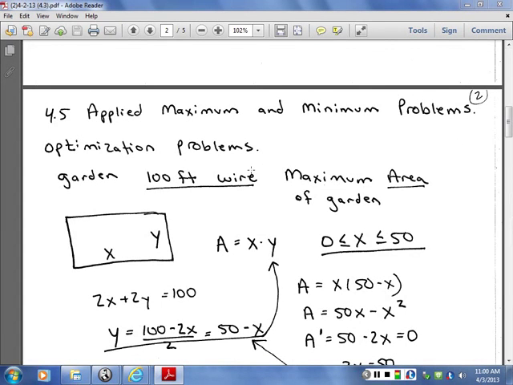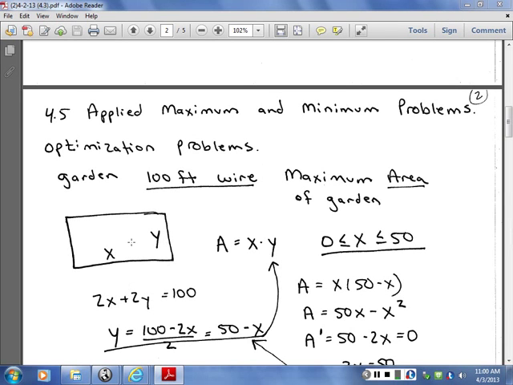So we started with looking at optimization problems. We want to optimize or minimize surface area, volume, cost, revenue, all these different things we can maximize and minimize. I can maximize the volume or minimize the surface area type problems. In this case, we did a garden problem where we had 100 feet of wire and we wanted to find